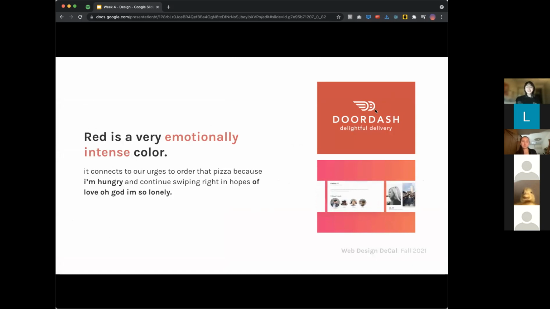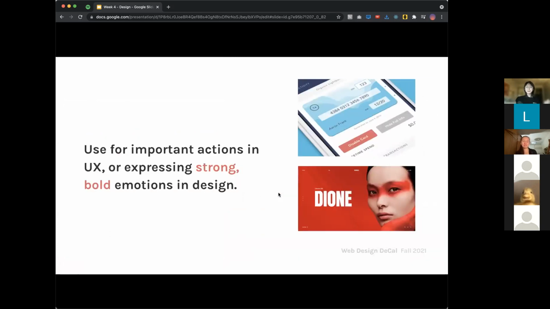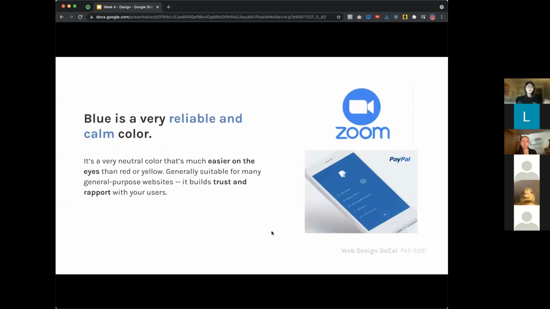They use it for DoorDash to make you hungry, or they use it for Tinder to make you want to fall in love, things like that. There are associations between certain colors and certain emotions. So for example, you might use red for actions or designs that want to express really bold emotions. Another example of this is using blue as a very reliable and calm